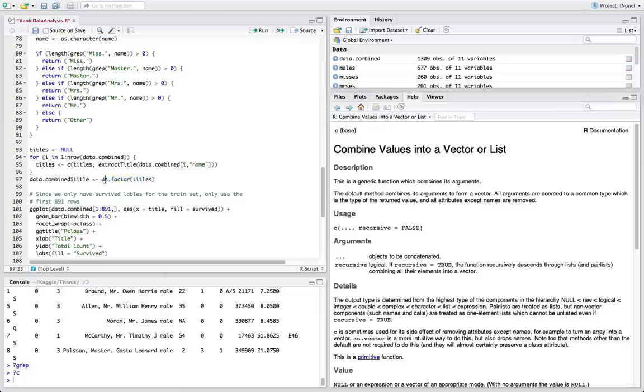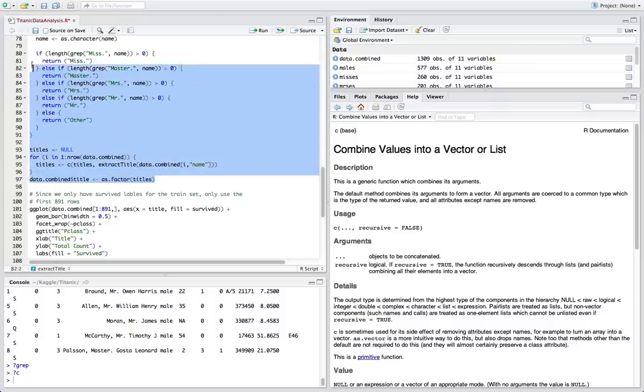But before you do that, on the fly, convert that to a factor, because as we said before, you can't do a lot of really cool analysis on raw strings. So we'll turn the miss, master, Mrs., Mr., and other string values into a factor of 5 values, and that allows us to do some interesting analysis.